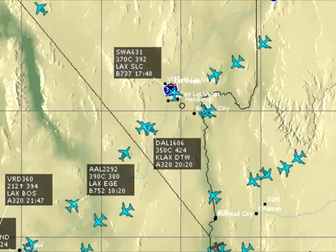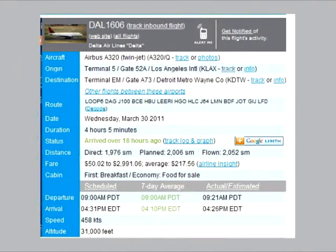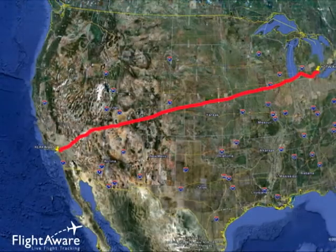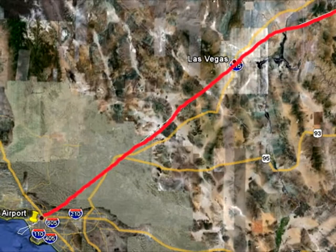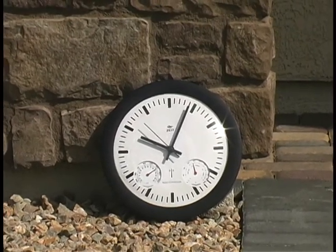There's that Southwest chemtrail. We're now looking at Delta 1606 flying at 35,000 feet, LAX to DTW. Here's the Flight Aware information for it. Here's the flight log showing at 9:53 a.m. it reached 35,000 feet cruise altitude. There's the Google map, and here is a close-up version of how it overflew the Las Vegas area. It's now 10:04 a.m. on 3/30/11,